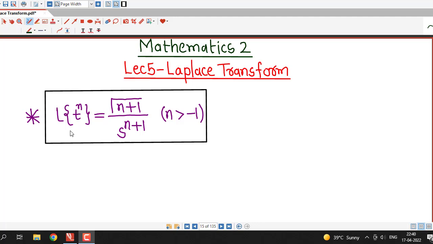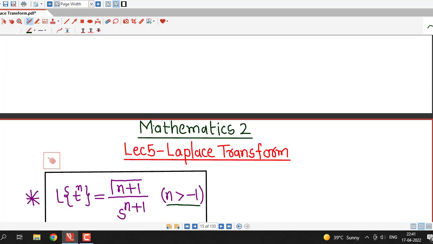In this lecture we will derive this formula for Laplace Transform of t raised to n, which is gamma n plus 1 divided by s to the power n plus 1, and this formula is valid for all values of n which are greater than -1. So before going for derivation of this formula, we just recall the definition of gamma function which we study in